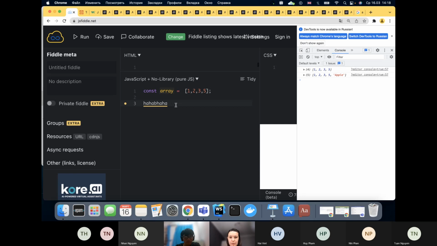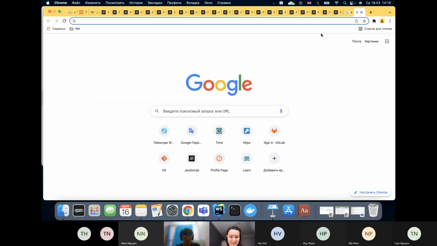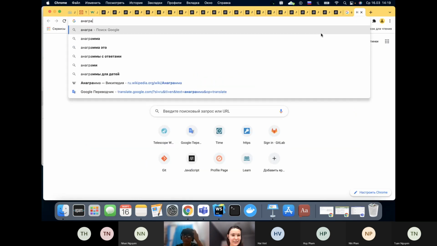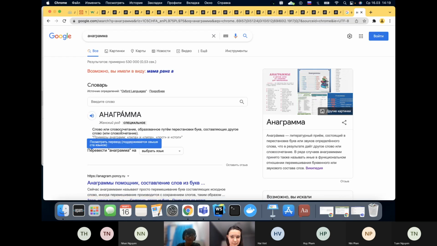And this method for strings, this is very useful, so how can you work with this? You just need to identify that it's, sorry, I don't want to be incorrect. What is it called, even in Russian? No, not anagram. It's called